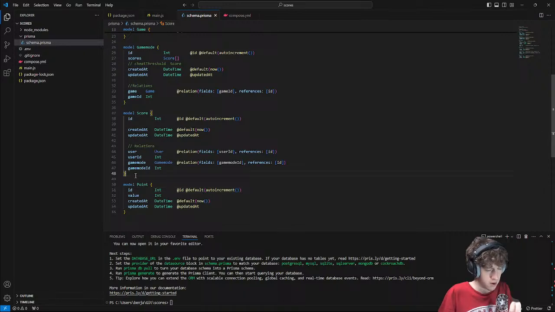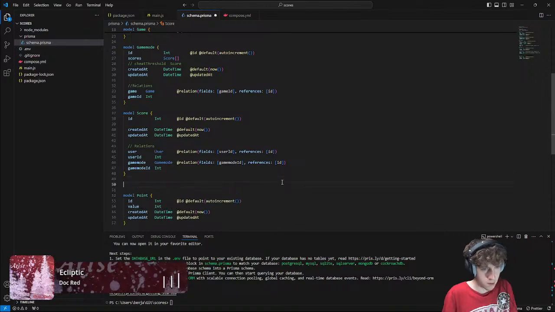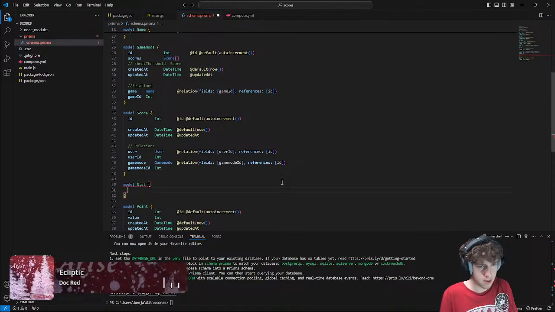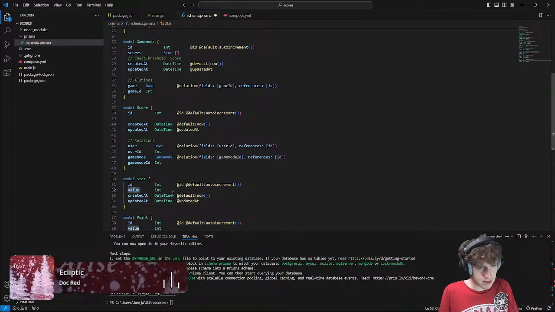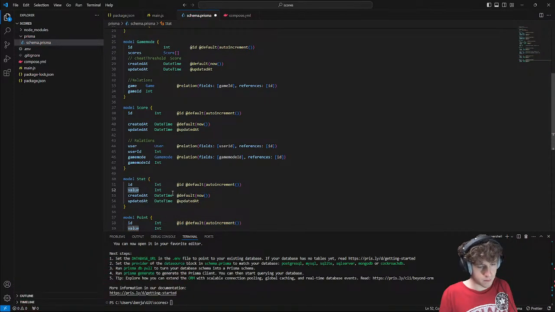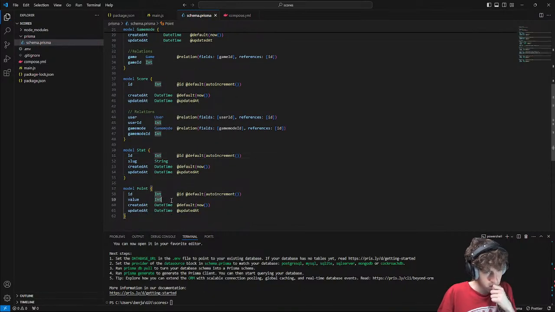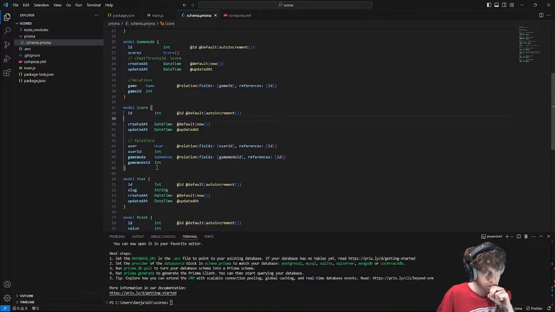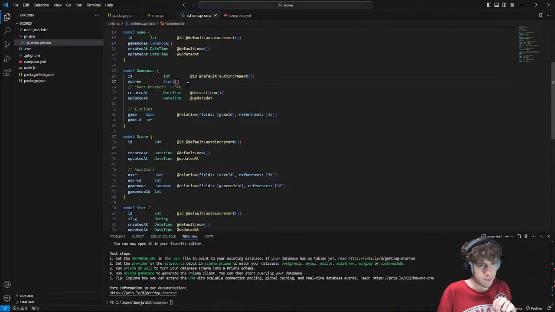For that, I would want another model. This would be model stat. This will also have an ID, created at and updated at. Instead of value, it will have slug. And then every game mode is going to have multiple stats.